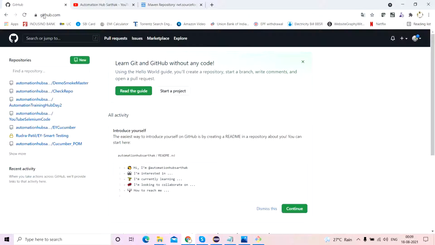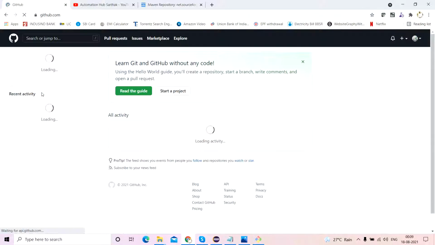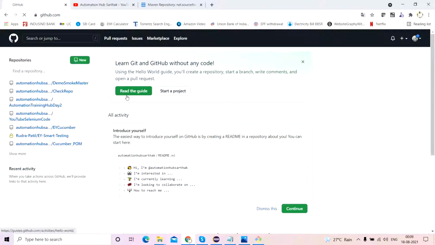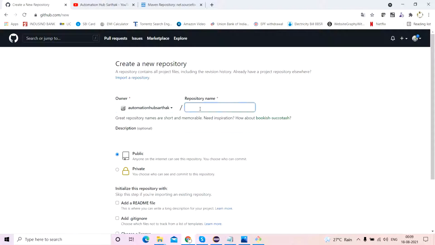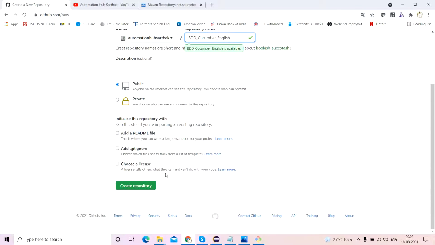Before I go and commit, let me create a repository. New repository. I'll create bdd underscore cucumber underscore English, something like that. Okay, I'll just create the repository.